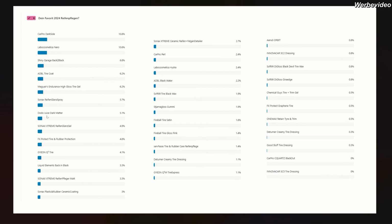So here we see very clearly, you just have to test it out. There is no absolute best product that somehow everyone seems to use, but it is spread across many individual things. And you can just take a look around here to see where your favorite ended up and what you might want to try out in the future. Your favorite in the tire care category, according to the voting, is Capro Dark Side,